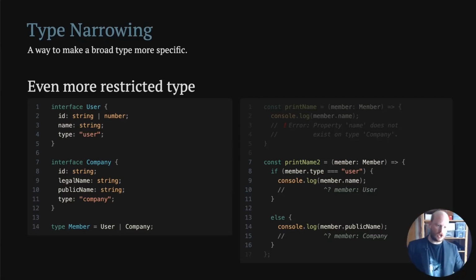Can you add a switch on type? Yeah, depending on what you mean with type. Sorry, it was hard to write, but if you switch on type, will it be able to figure out that you're switching on a user or a company? If you mean switching on this type, yes. Switches are basically if statement chains, right? So it would be the exact same here. So you could do switch member type and then user, company.